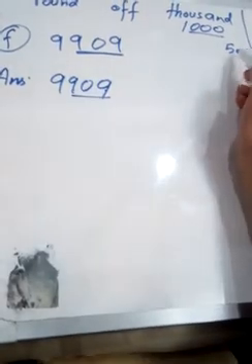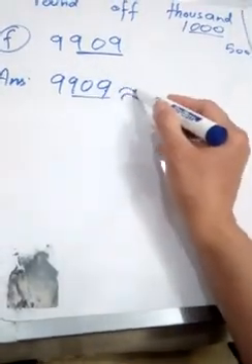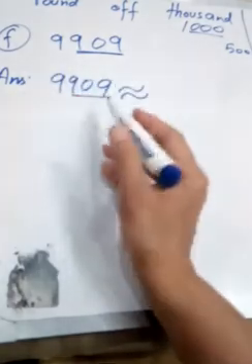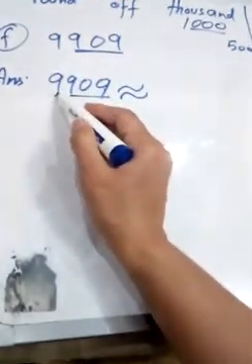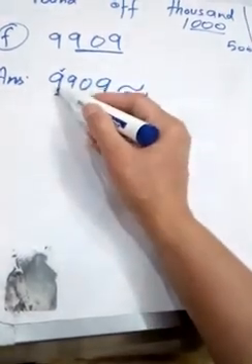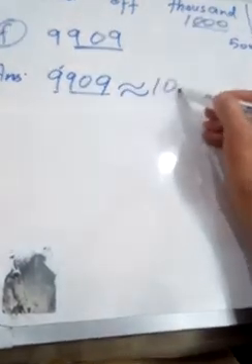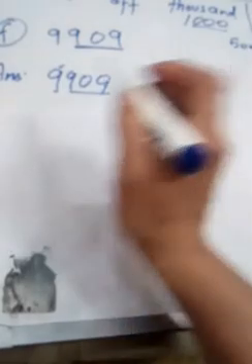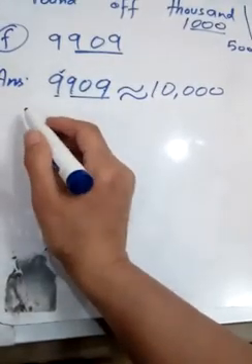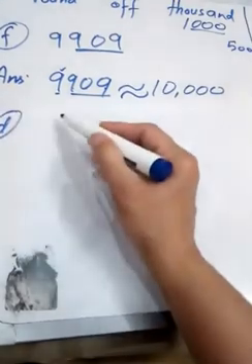909 is bigger than 500, so it means that we have to round up. When we have to round up, then we have to add 1 in that 1000 place. So the answer here is 10,000. The round of answer here is 10,000. Now I'm going to explain here another part, which is